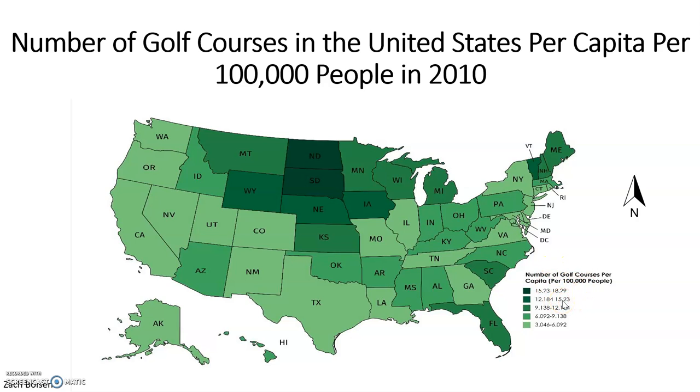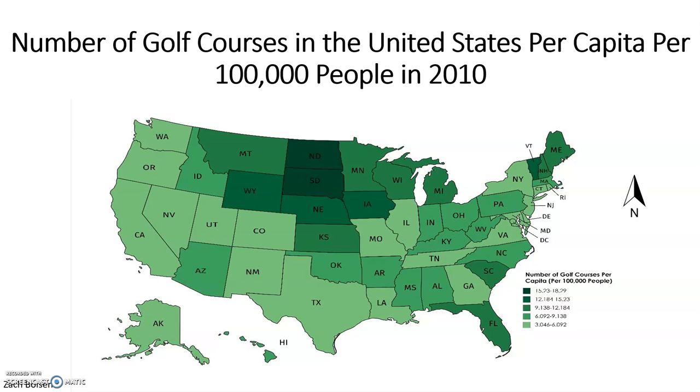Florida, California, Texas, and Michigan have the most courses available, but when you break those states down in terms of per capita per 100,000 people, the choropleth map shows that there are roughly only 3 to 6 golf courses per 100,000 people. With choropleth maps, as well as any other map, it is vital for a cartographer to compose a